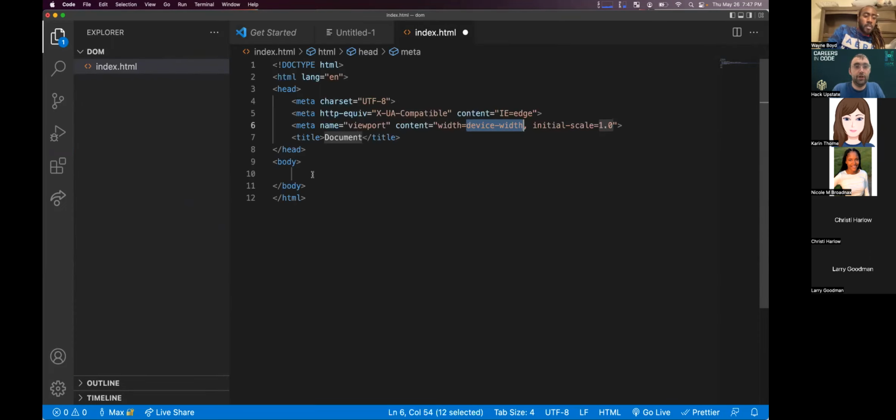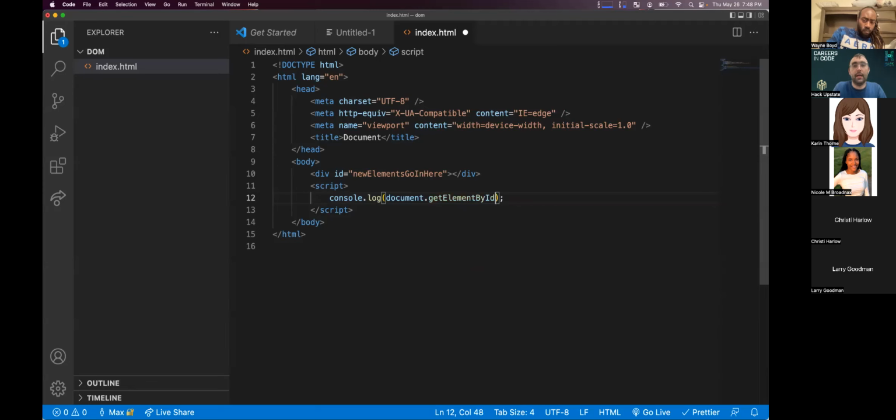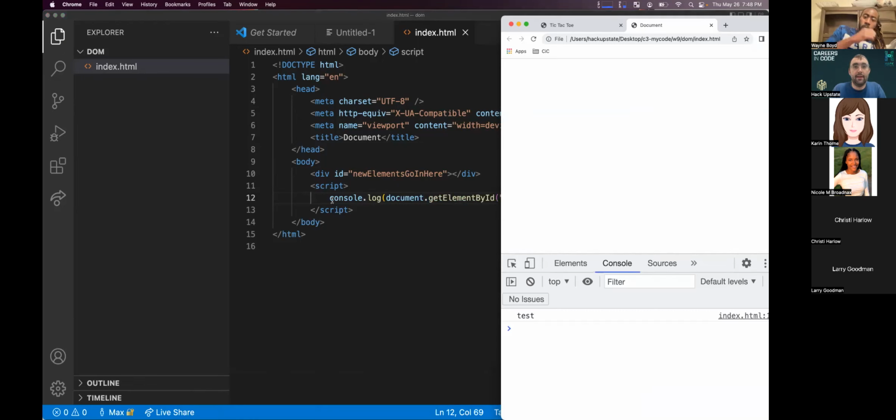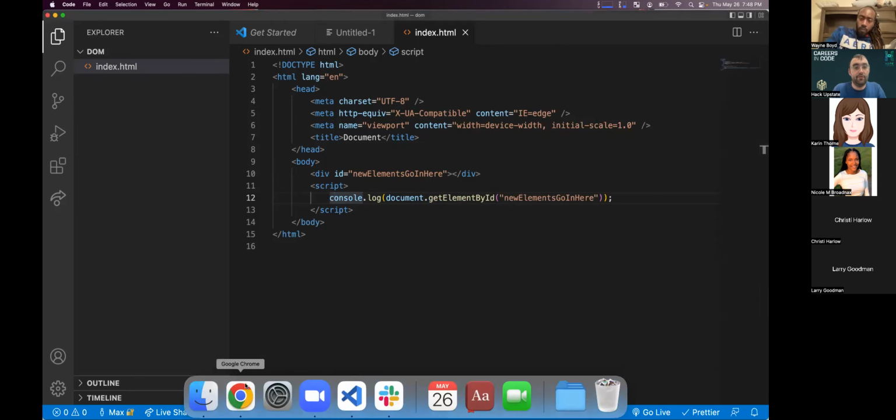In our console, we've been doing document.getElementById a lot and getting out our new elements go in here. If I save and refresh, now I've got my div in here, right?